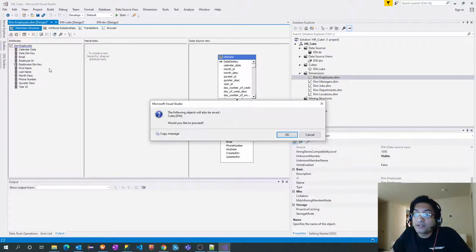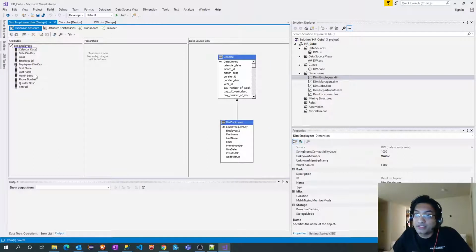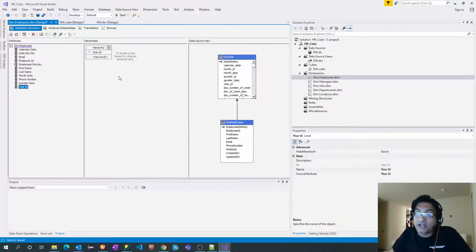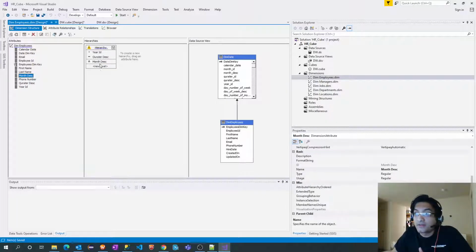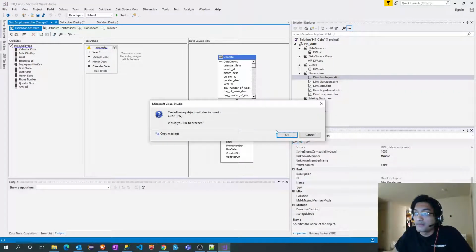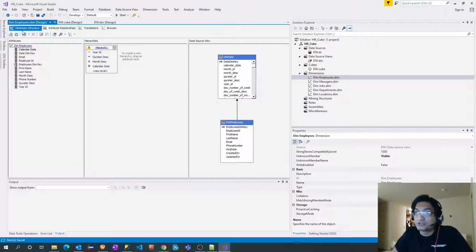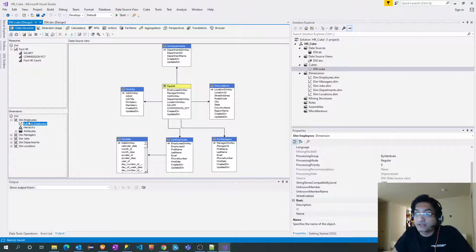Now there are multiple calendar attributes here in our employees dimension. If you want, you can create a hierarchy as well. So let's start doing that. So at very top in calendar hierarchy is definitely a year, and after that the quarter will come. So I'll move this quarter description here. Under quarter we'll have month, so month description, and under month finally we have calendar. Done. Okay. So we have completed employees dimension.